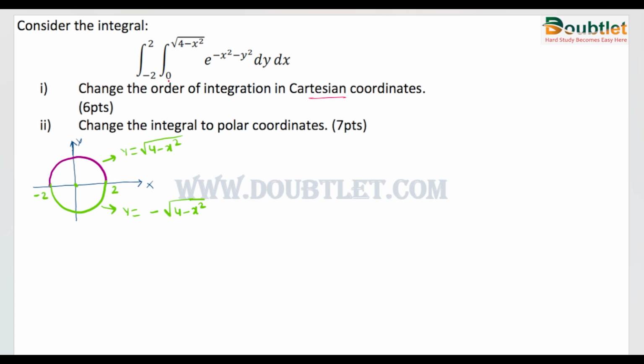the limit of y is from y equals 0 to y equals the square root of 4 minus x square. So if we square both sides, we get y square is equal to 4 minus x square. And if we take x square to the left-hand side, we get x square plus y square is equal to 4. We can write this equation as (x minus 0) whole square plus (y minus 0) whole square is equal to 2 square. So from this equation, we know that this is the equation of a circle,